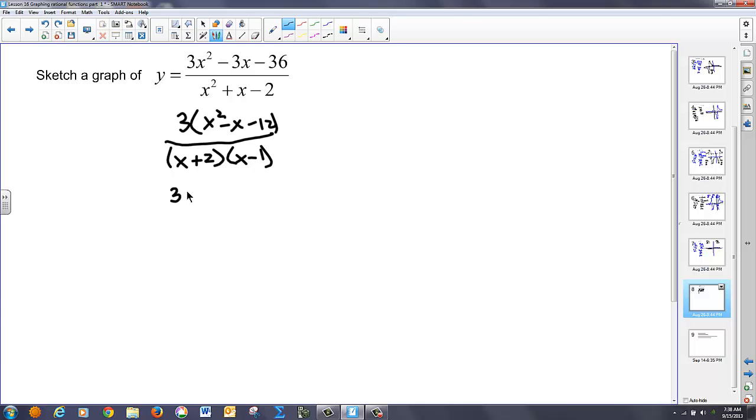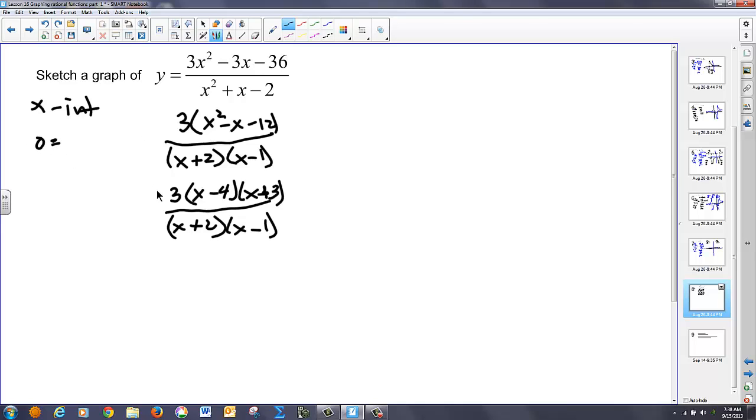Keep going here, we've got a 3, x minus 4, x plus 3, and then still our x plus 2, and x minus 1. Alright, so if this is our case and we want to find an x-intercept, set y equal to 0,